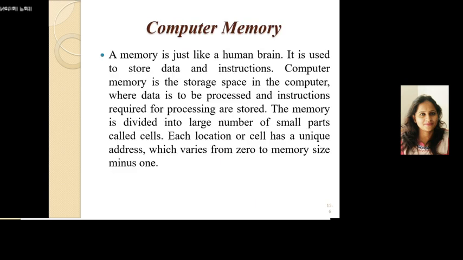Then what is computer memory? Basically, memory is a means for storing data or information in the form of binary words. Memory is made up of storage locations in which numeric or alphanumeric information or programs may be stored. The main function of memory is to store the data or information. Computer data storage, often called storage or memory, consists of computer components and recording media used to retain digital data.